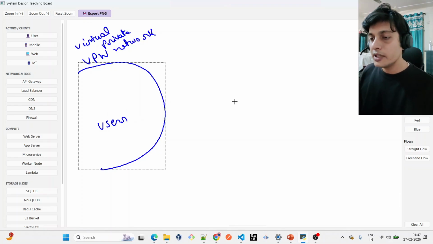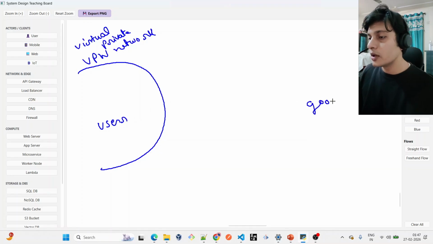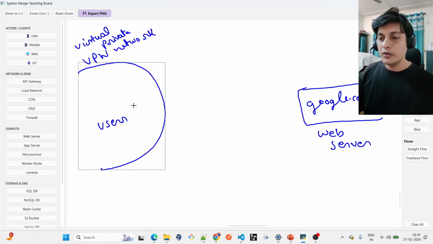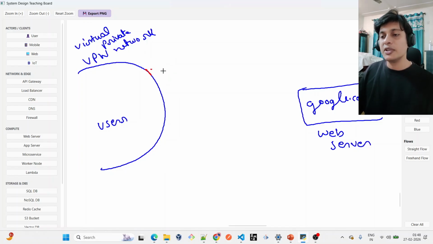And when the user tries to hit google.com, this is google.com running on some web server. All the web applications will be running on a web server, so we will use the web server from now on. So when you reach the layer of this VPN here, what it will do,